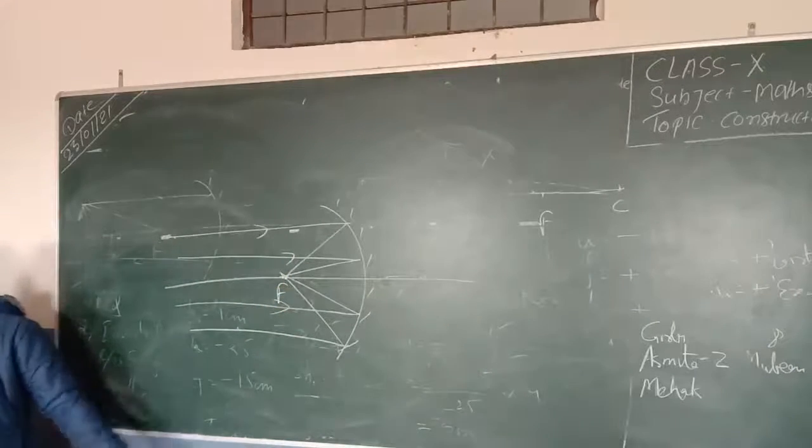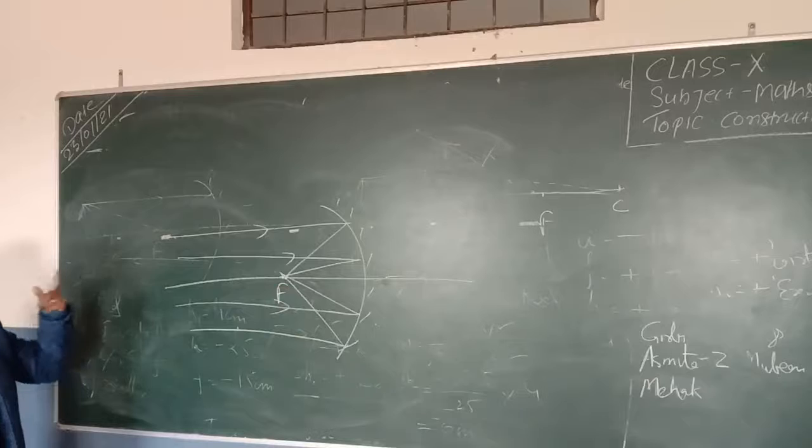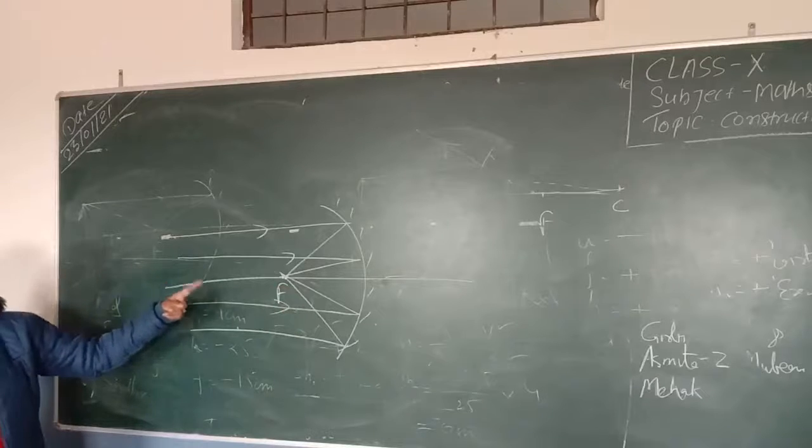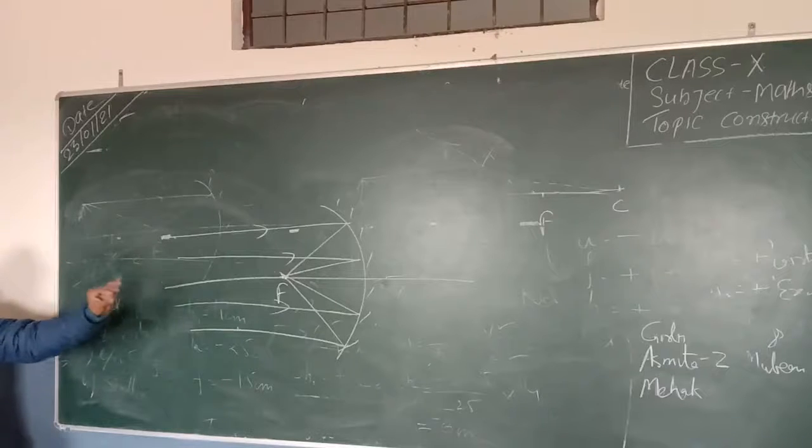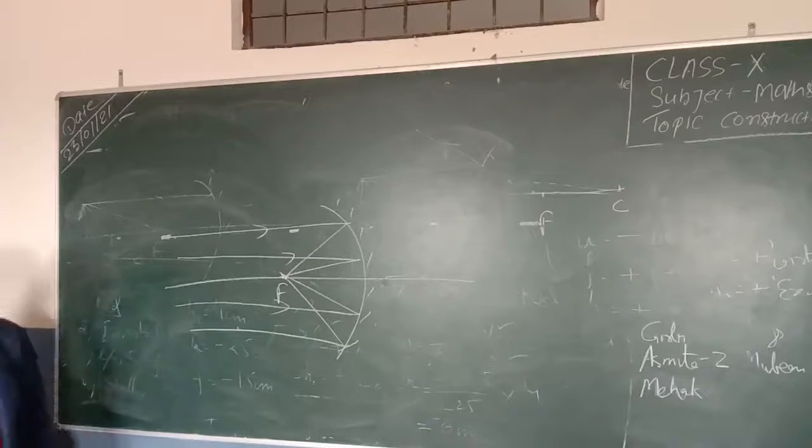In case of a concave mirror, the lines which are initially parallel to the principal axis, after reflection from the mirror, meet at a point on the principal axis, which is called the principal focus of the concave mirror. Now in case of a convex mirror,